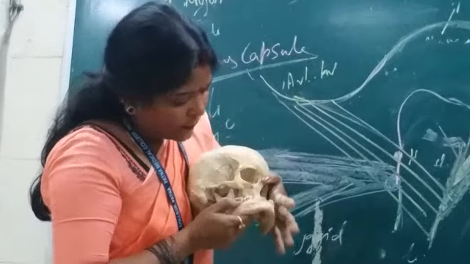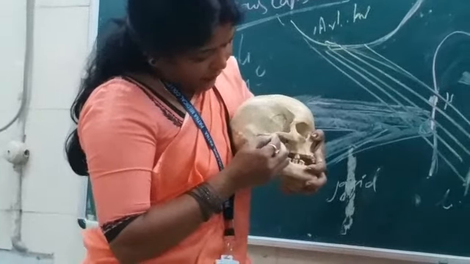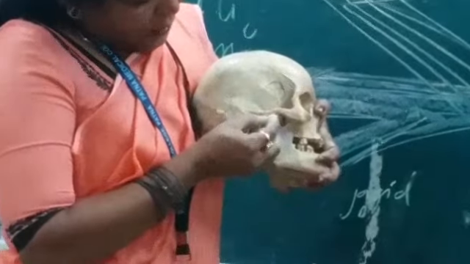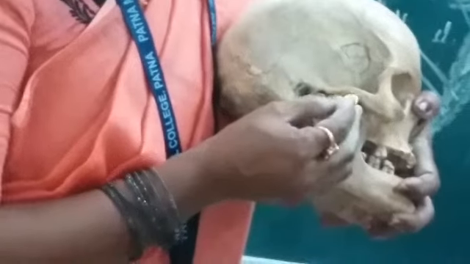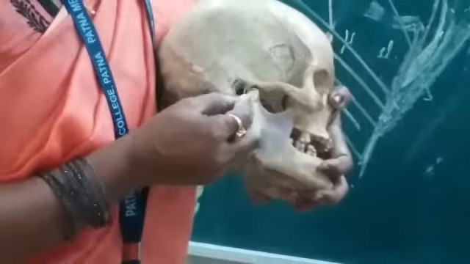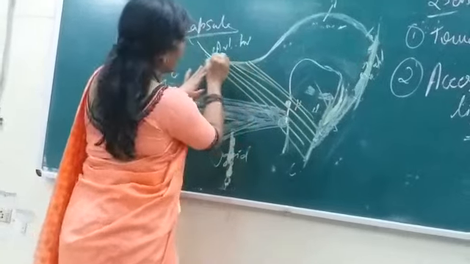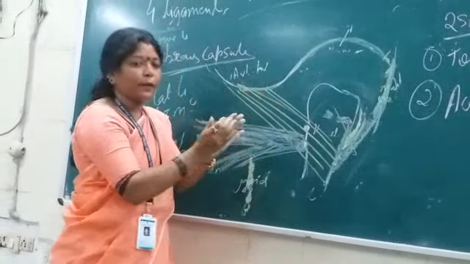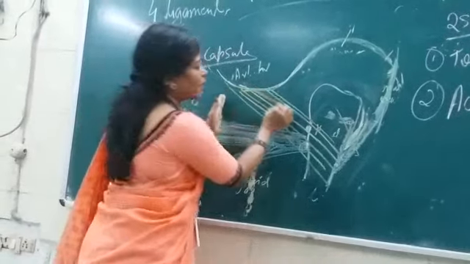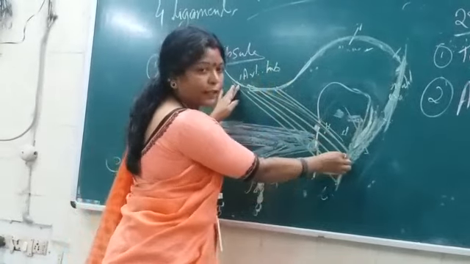This is the intra-articular tubercle here, and the direction of the fiber is like this. Starting from the articular tubercle, the direction is posteriorly to the lateral aspect of the neck. So this is known as the lateral ligament. It is nothing but the thickened component of this capsular ligament itself, thickened laterally, extending from the articular tubercle to the lateral aspect of the neck.